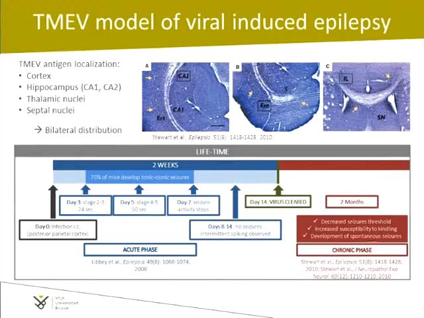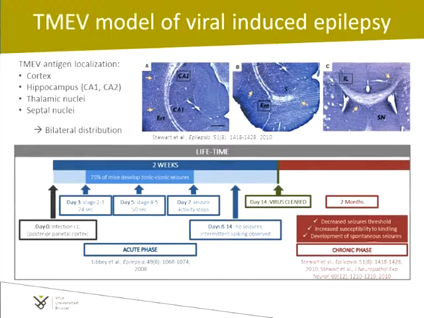As you can see, at day 3 post-infection, the seizure activity starts, and we have a peak of seizure activity at day 5 post-infection, and at day 7 post-infection, the seizure activity stops, even though intermittent spiking can still be observed till day 14. At day 14, no viral antigen can be detected anymore in the brains of these mice. Therefore, these mice are able to clear the virus within 2 weeks.